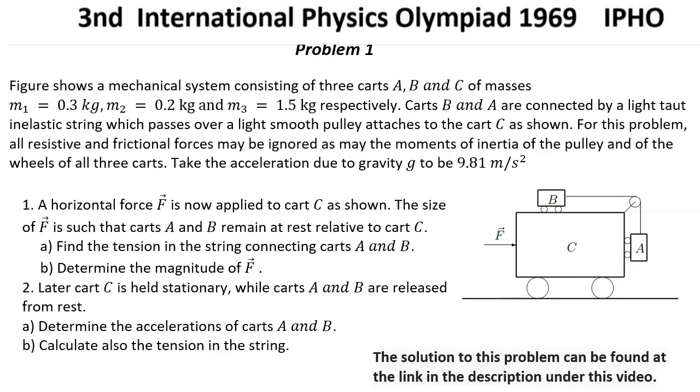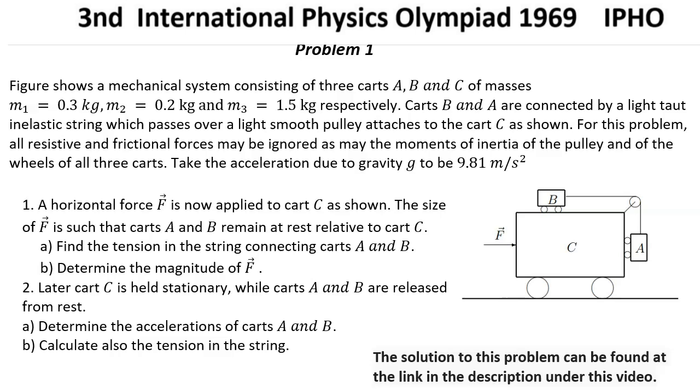Third International Physics Olympiad, year 1968, IPHO. Problem number 1. Figure shows a mechanical system consisting of 3 carts A, B, and C, of masses M1 equals